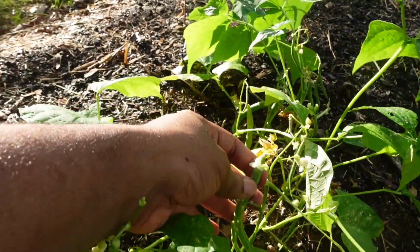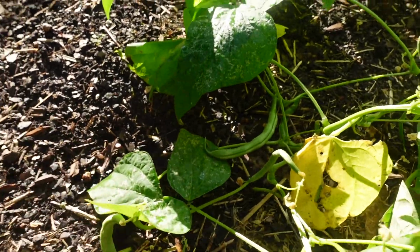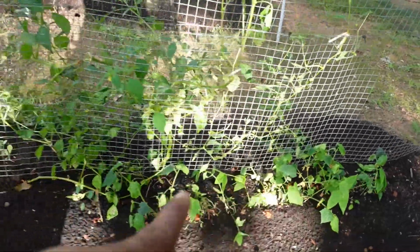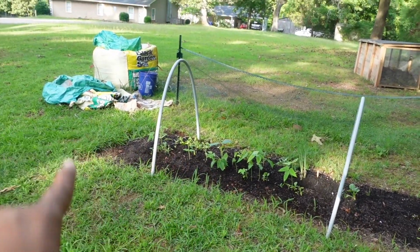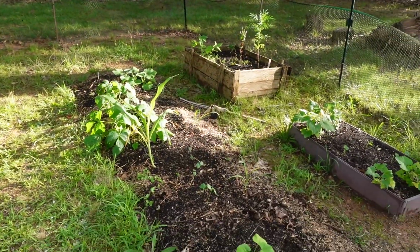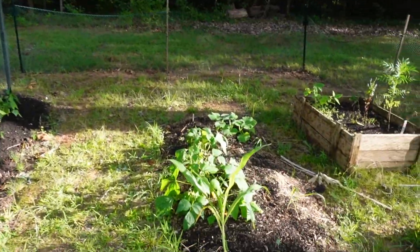So you see how we have 1, 2, 3, 4, 5, 6, 7, 8, 9, 10, 11. There's so many beans on here, and this is going to go to one family. And then we have beans over here. We have beans all along this vertical trellis here. And then we have beans all along that area right there. And so that's what I mean by growing a multitude of beans and then doing multiple plantings. That way you can extend your harvest,